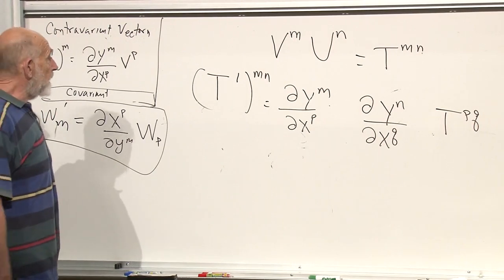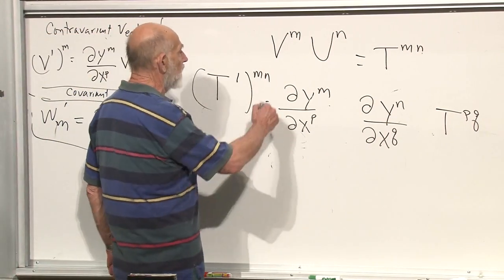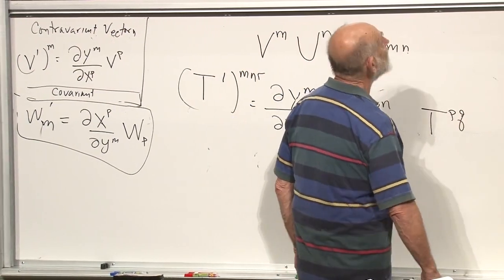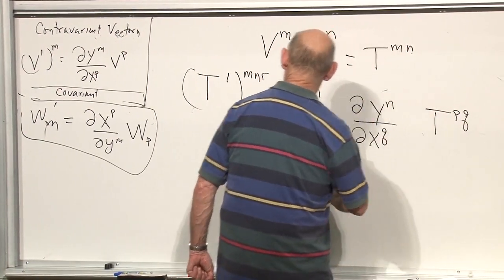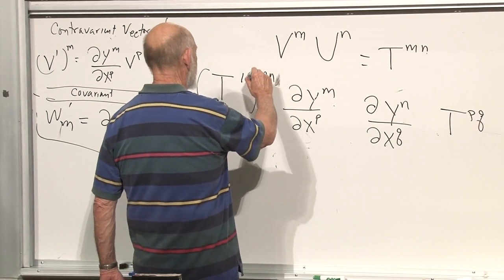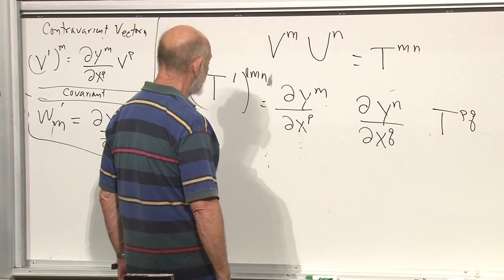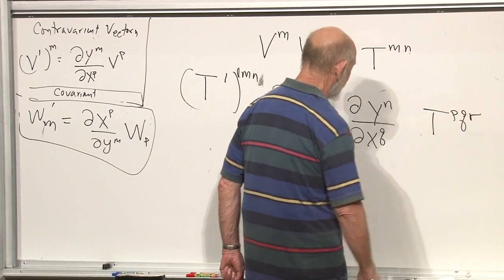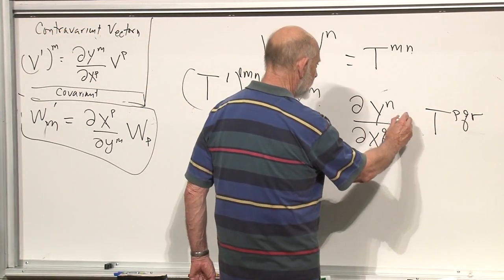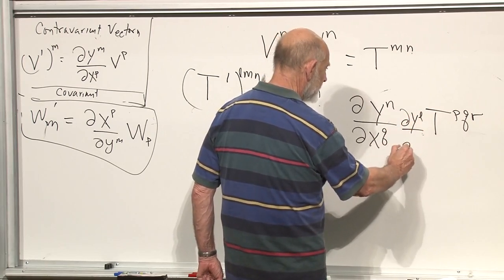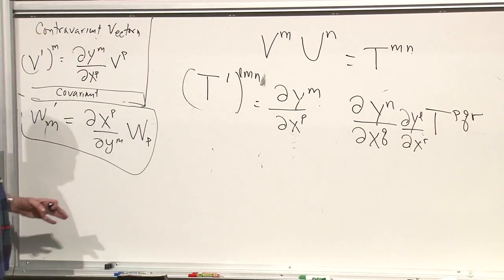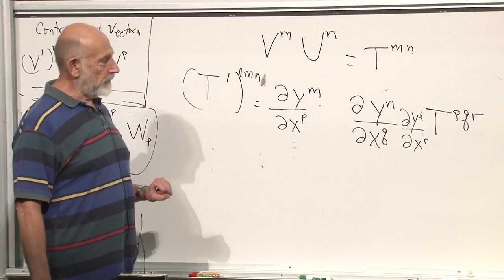If there were more indices up here, m, n, I don't know, r, p, q, what comes after q? But I've already used r. L, M, N. What comes before P? No, that's no good. P, Q, R. And what am I missing? I'm missing dy^l by dx^r. This would be the transformation property of a rank 3 contravariant tensor.